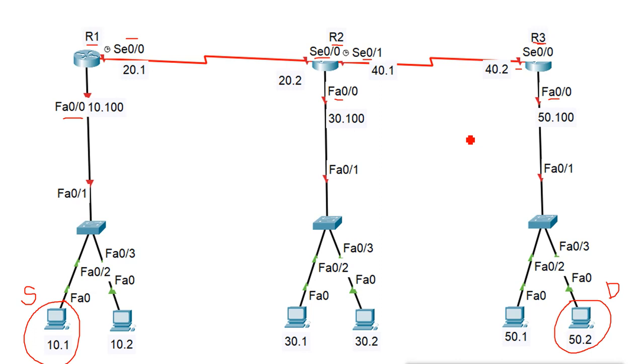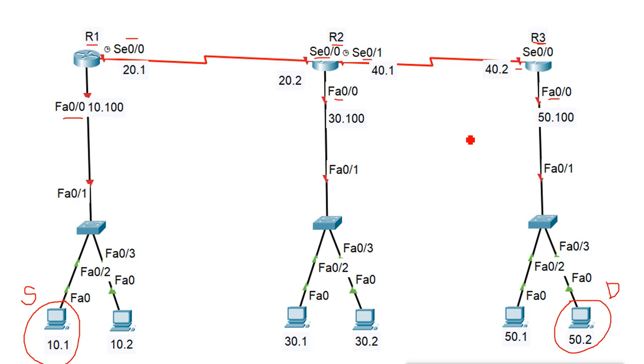But we have to make sure that we apply the list in a proper location. Otherwise the list will fail, and those machines will keep accessing the other network, or maybe it will not work, or maybe we block everything for that source also. Now first, the standard list.